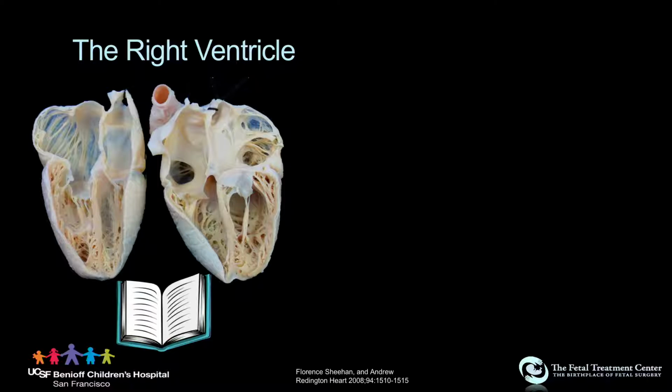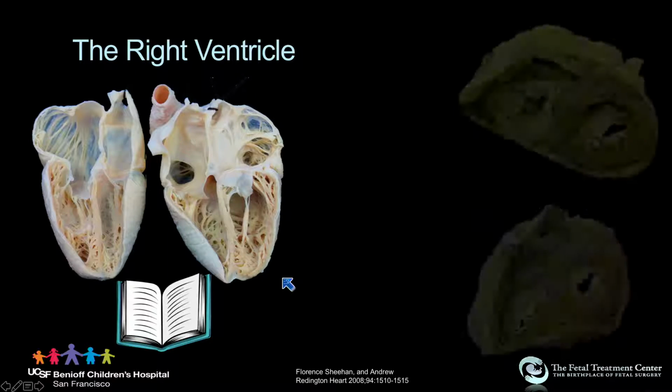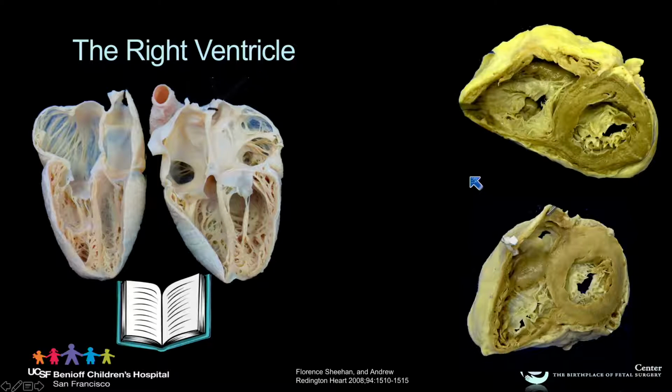So first, we're talking about just the right ventricle here. I'm not going to talk about the AV junction. That was just covered quite well. If you were to open the ventricle like a book, this is the right ventricle. Seems like it should be pretty simple, but in reality, the right ventricle is a very, very complex